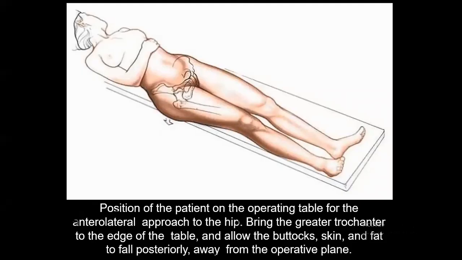of the femoral neck. Position of the patient. The picture shows the position of the patient on the operating table for the anterolateral approach to the hip joint. Bring the greater trochanter to the edge of the table and allow the buttocks, skin and fat to fall posteriorly away from